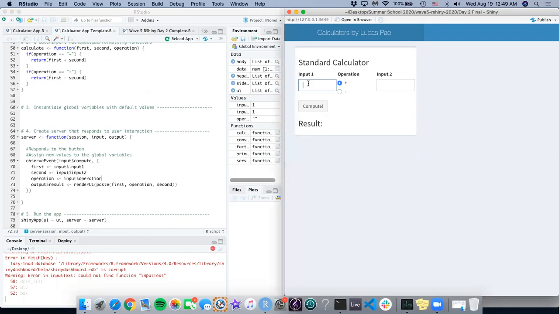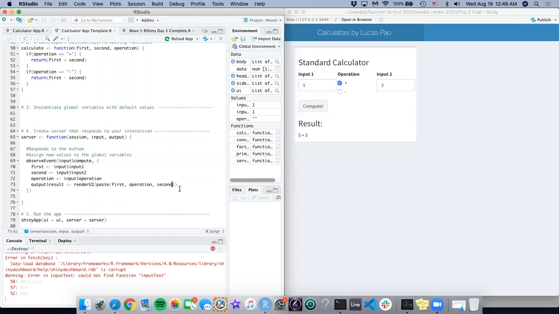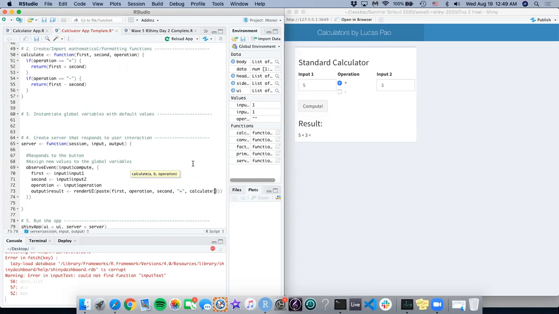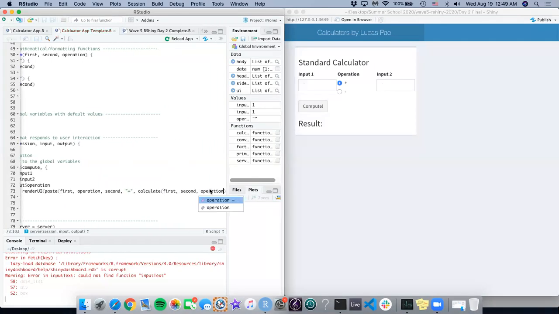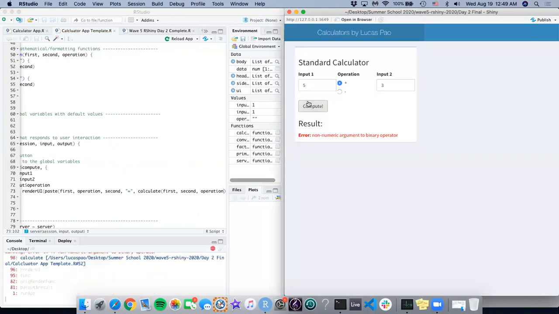Okay, so right now we have just the input values, but we also want to add the result. So we're going to add the result to its end by pasting it to the end of this. We're also going to paste an equal sign. And then we're going to say calculate. We want to paste the value when we get calculate first, second, operation. And now when we type 5 plus 3,